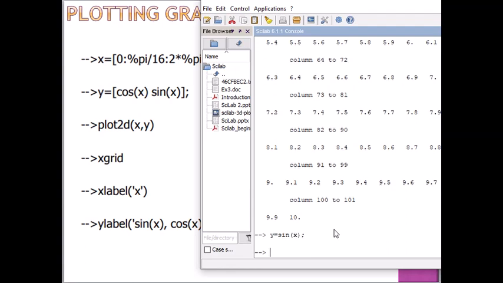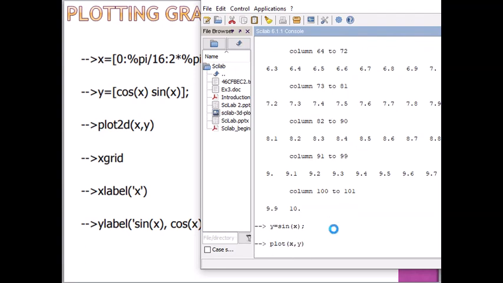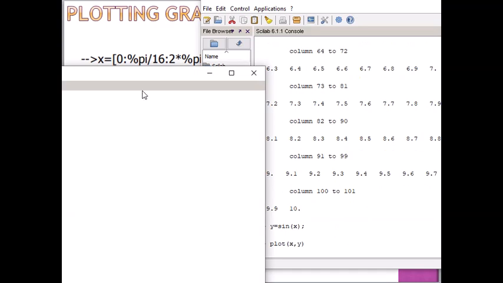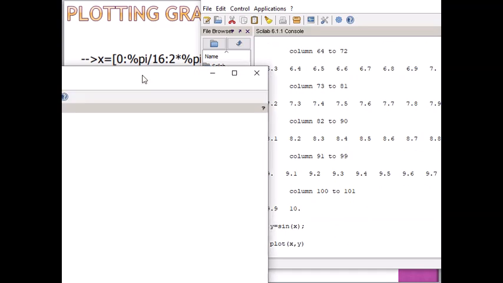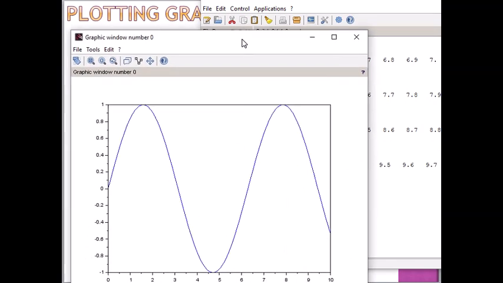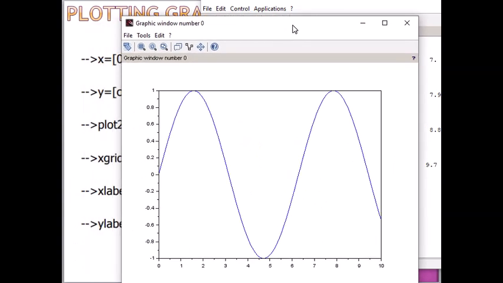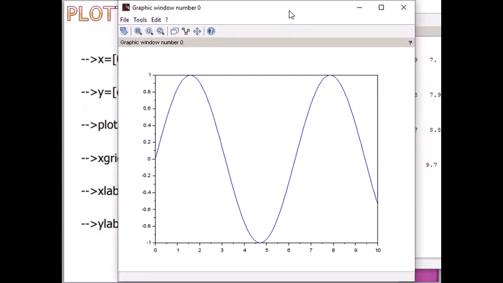So y is equal to sine of x. Then we give the command plot. If we need the plot between x comma y, then such a type of plot will come.